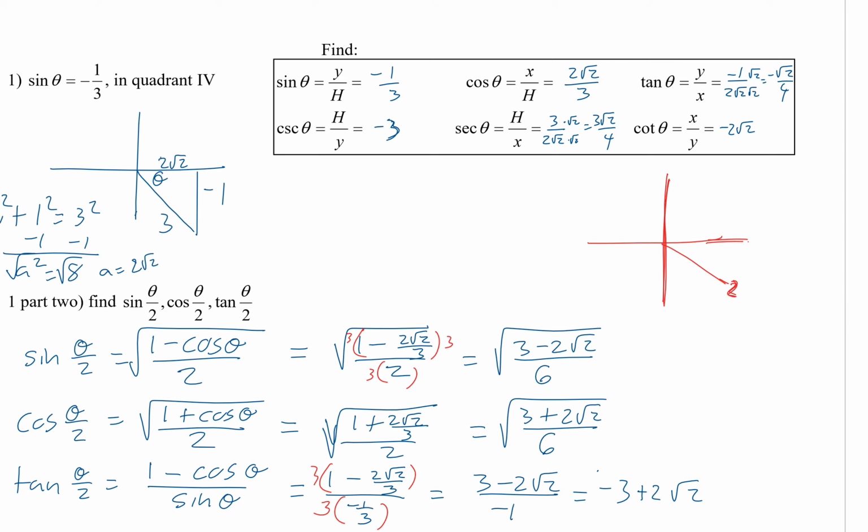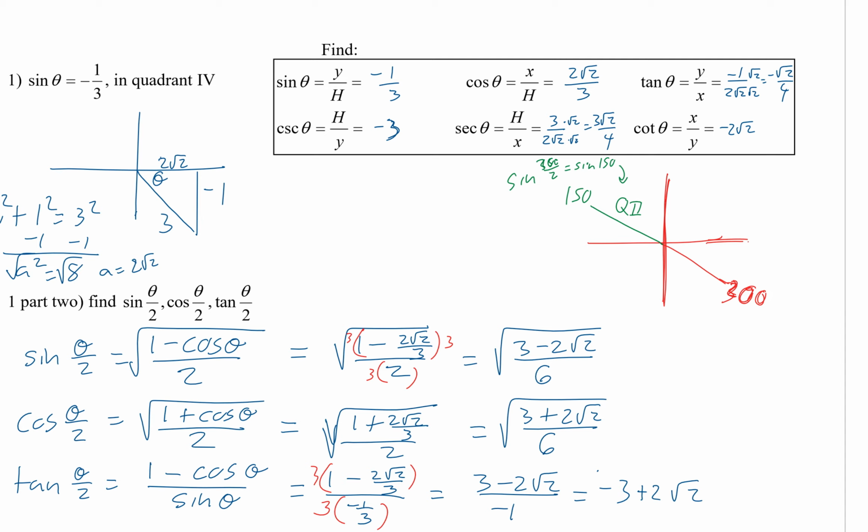Like 290, okay? If we cut that in half, let's just make it 300, that's easy. Cut that in half, you would get 150, which means we are now in quadrant 2. So what we're dealing with here is sine. This would be sine of 300 over 2, which is sine of 150,